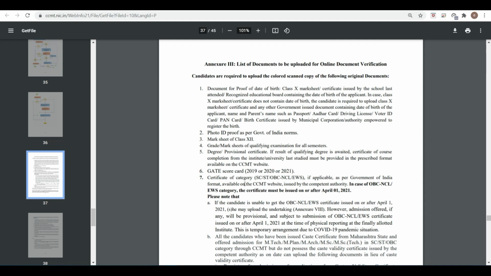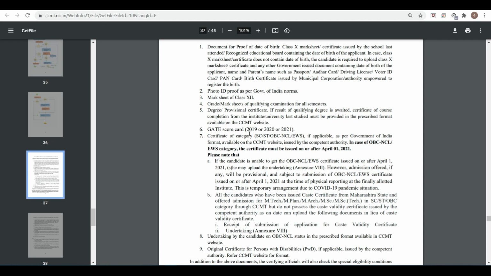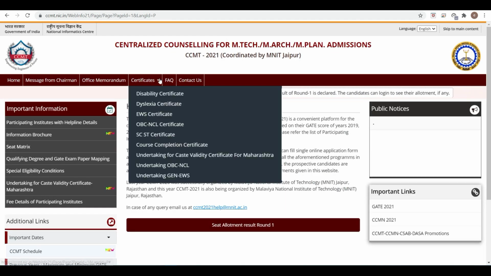Now next is the caste certificate. In case of OBC NCL and EWS category, the certificate must be issued on or after April 1, 2020. First of all, these certificates should be in the CCMT format. Here you can see the CCMT format: here is the EWS certificate format, and here is the OBC NCL certificate format.